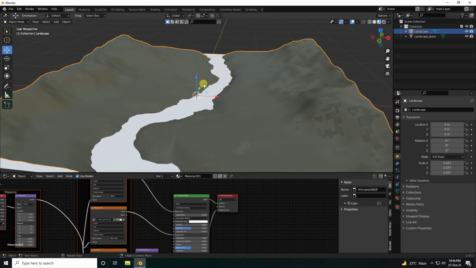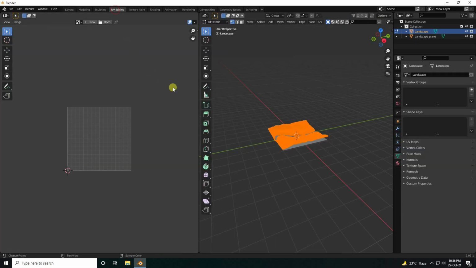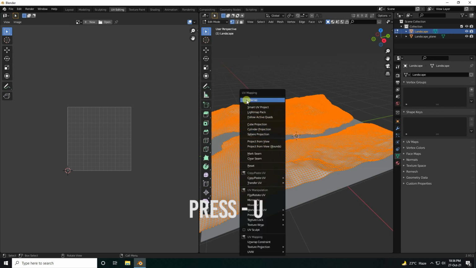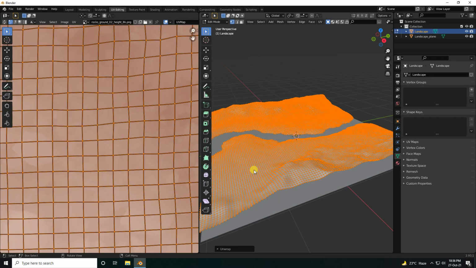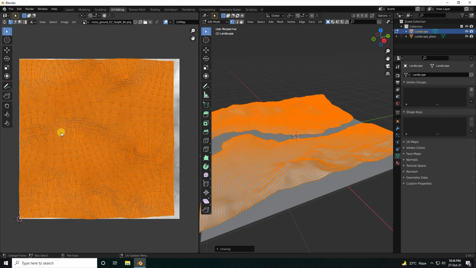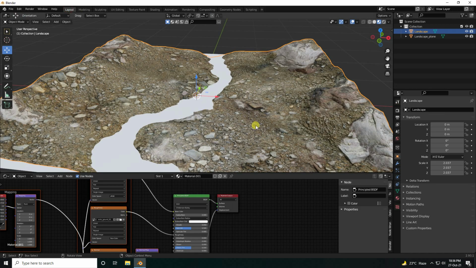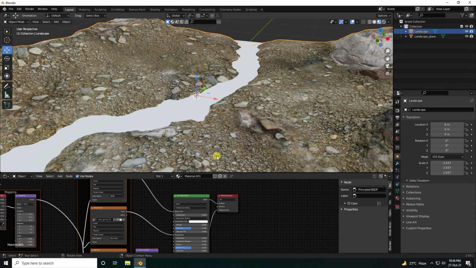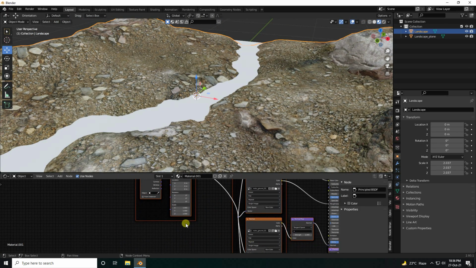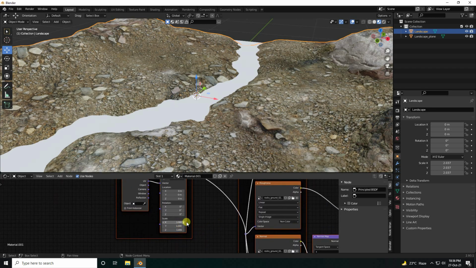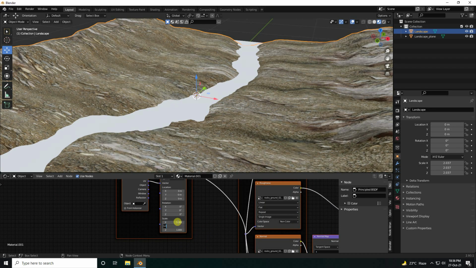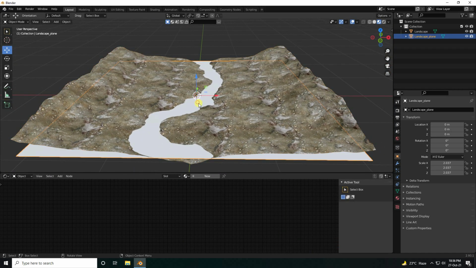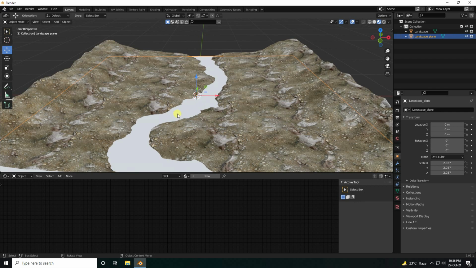Now I change the UV. So click on here, UV Editor. Yes, and press U and unwrap. Yeah, see guys, that's my simple UV. So go to Layout mode and yeah, see, it's really good, right? Okay, so now I also change the mapping scale size, this one, scale size like 5 by 5. Yeah, much better.